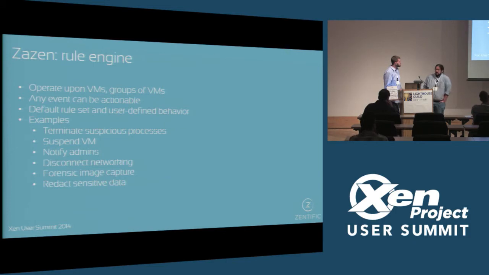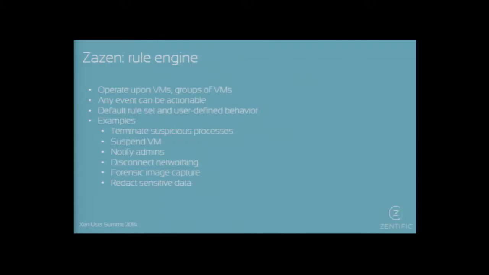Some of the examples that are worthwhile to mention are terminating processes, suspending the VM, quarantining virtual machines, taking a forensic image for analysis, sending an email in a really simplistic fashion that a certain process stopped. You can think of this as the analog of a tool like Zabbix or Xen, or any system monitoring tool. The extension in that vein is a very simplistic one, but a very productive one, because again, there's no agent, zero footprint. That's unusual to say.